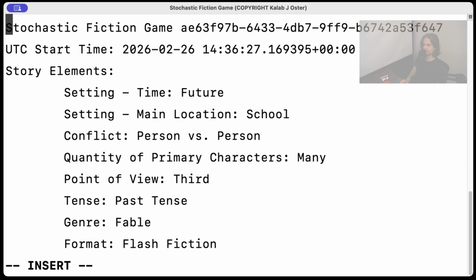Oh, it's got to happen in a frickin' school. Fudge. Damn it. I could lie. I guess there was technically, God, it has to happen in school, and it's a fable. So it's person versus person. It has to be animal versus animal in a frickin' school. Damn it. I had a great story. That was a good story. And I got an hour and 3 minutes left. I love the time.